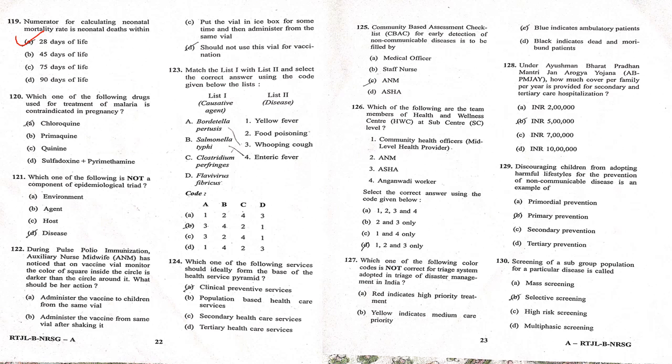Which one of the following drug used for the treatment of the malaria is contraindicated for pregnancy? এটা হলো Primaquine. Which one of the following is not a component of the epidemiological triad? Option D, disease. During the polio PPI, মানে past polio immunization, ANM has noticed that on the vaccine vial monitor,